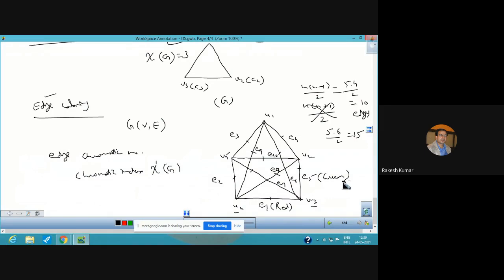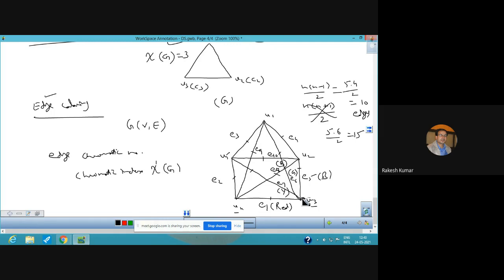This is the edge we have taken, E5. It can be given black. So this is black. E6 is given green, and E7 has been given a yellow color. Now this is the meaning. Similarly, all the edges made with the help of V4, E8, E9 and E10, cannot be given red. Remember. So E8 can be given blue. This is blue color. This is black.